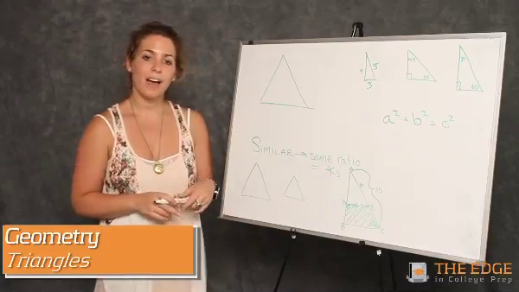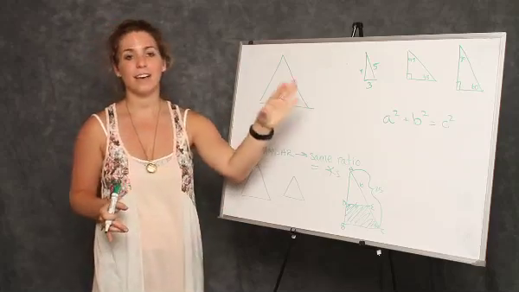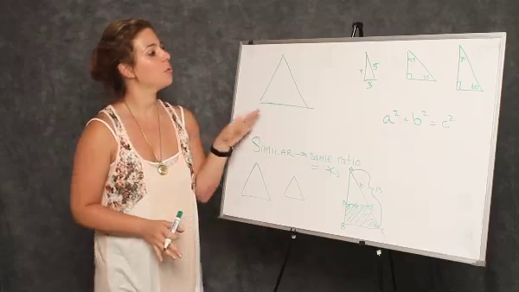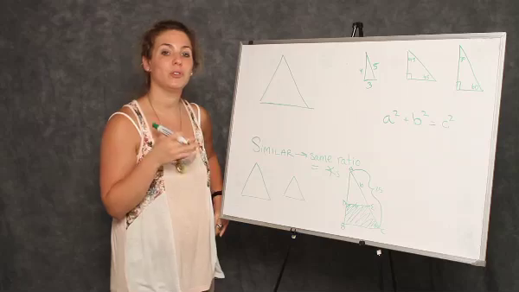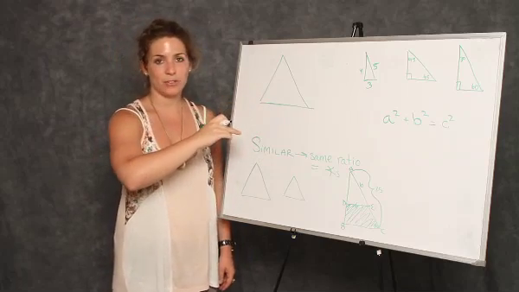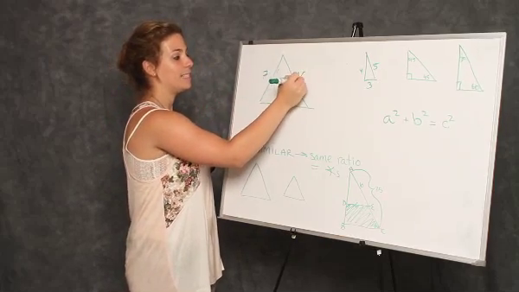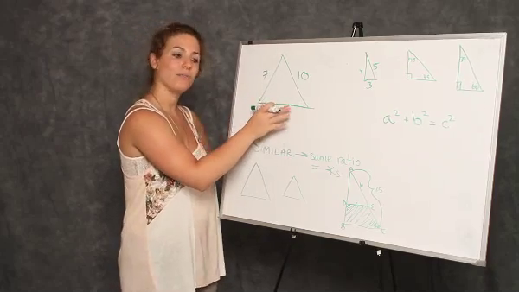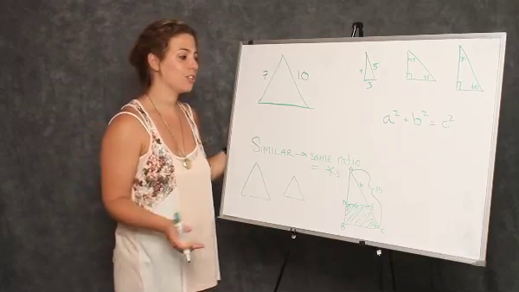So we're moving on to our triangle lessons, and there are tons of triangle questions on the SAT, but there really are only a few rules that you need to know. The first rule is something that you actually probably don't remember, and it's finding the third side of a non-right triangle. If they were to tell you that this side is 7 and this side is 10, and they wanted to know one possible length of the third side of this triangle, you might find this in the grid-in section,